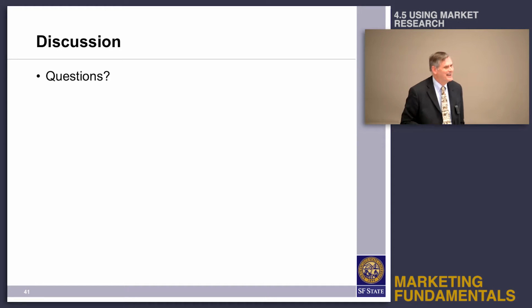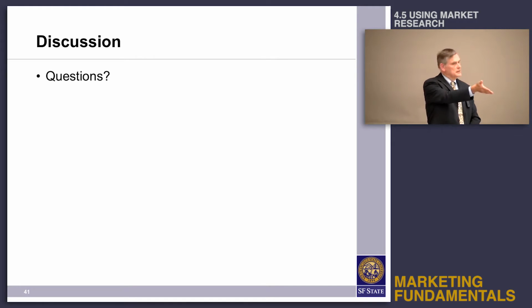Yeah, I was thinking, how do you know if it's valid research? Because for example, you're asking teenagers if they prefer blue or red. If they say they prefer blue, that doesn't mean that the people that said they prefer red would not buy it if it was blue. You know what I mean? So how do you know if it's valid or not? So that's great. The question is, how do you know that the research is valid?